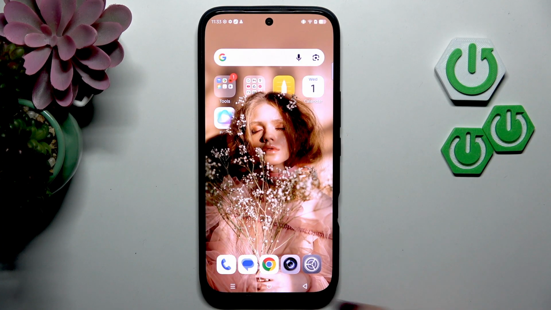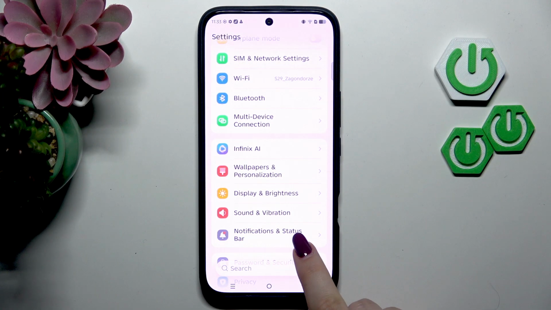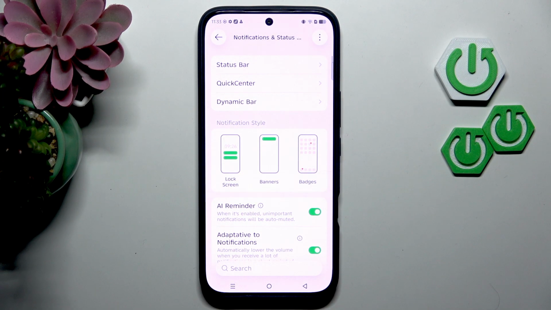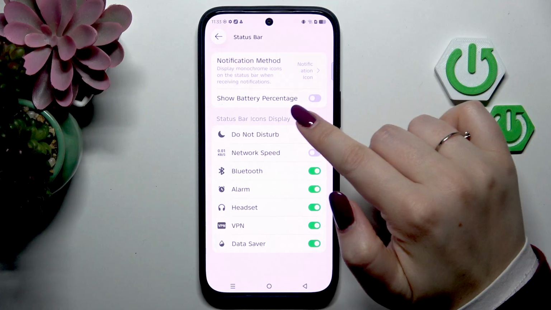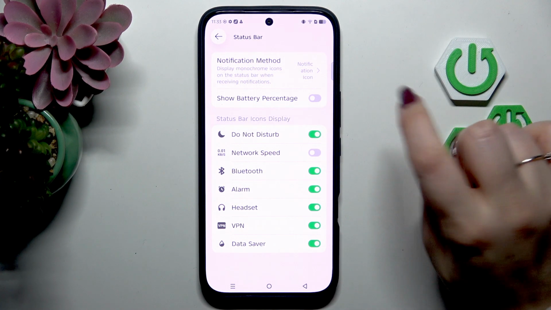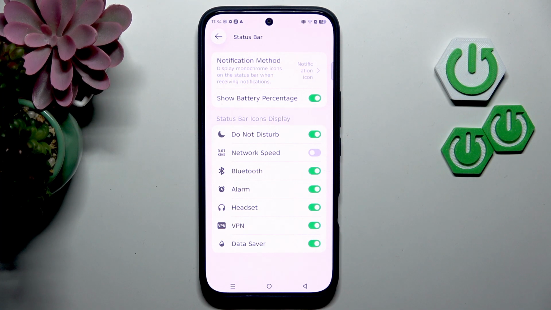So let's begin with opening the settings, and here we have to scroll and find notifications and status bar. Then go to status bar, which is at the very top. And as you can see right here, we've got the option I'm looking for. So just tap on the switcher, and as you can see, your device will immediately show the percentage inside the